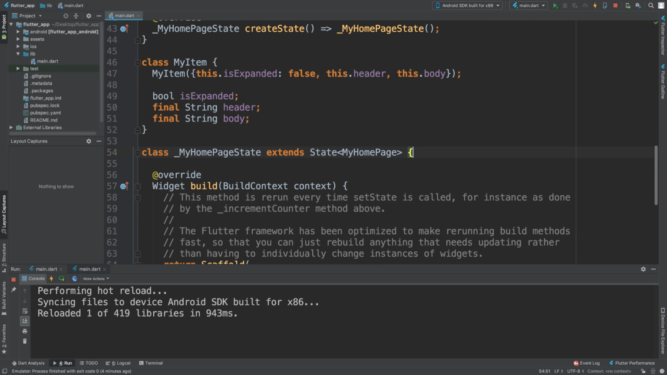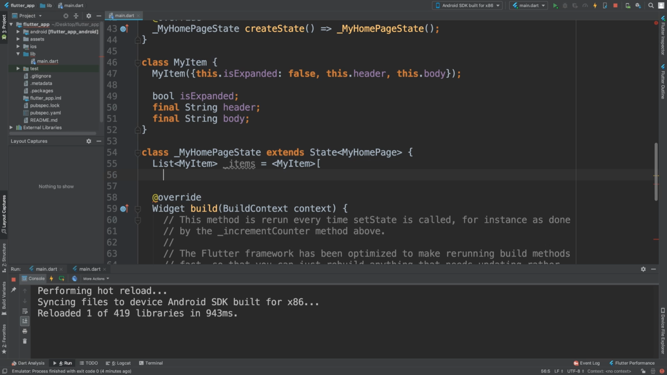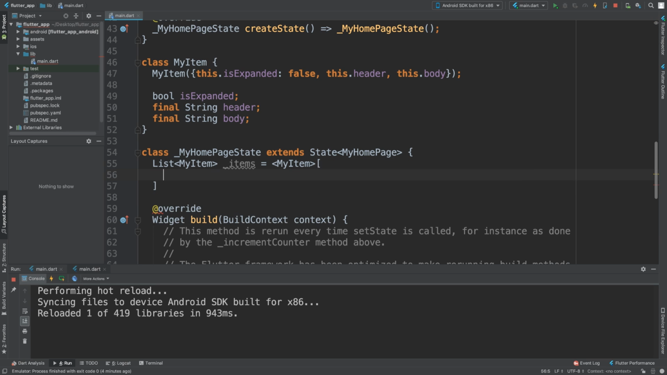Now, in our underscore my homepage state, what we are going to do is create a list of those items, and we're going to call this underscore items. It's going to be equal to my item, and now we can just construct this. So this is pretty simple, to be fair. And a semicolon to get rid of the error. And now we can say my item, open close brackets, and I'm going to say header like so. And now we're going to say body, and for the body I'm going to say body,